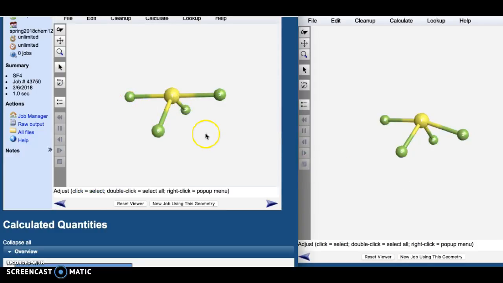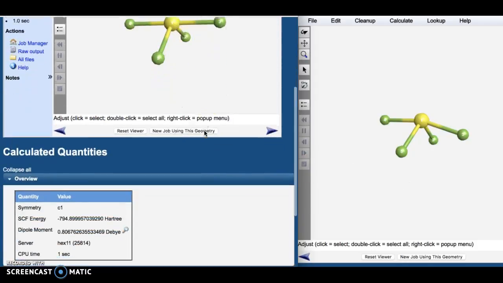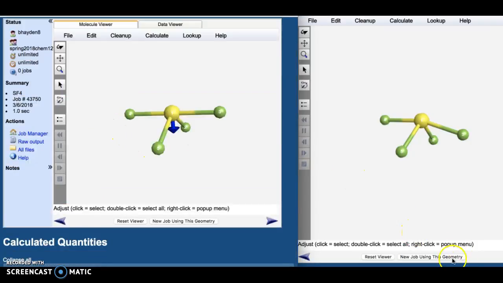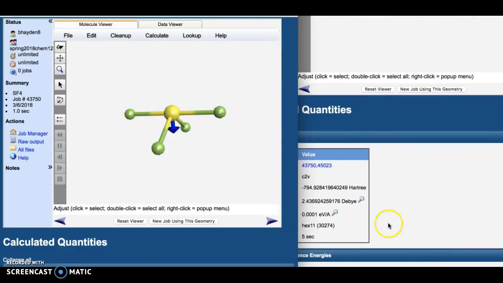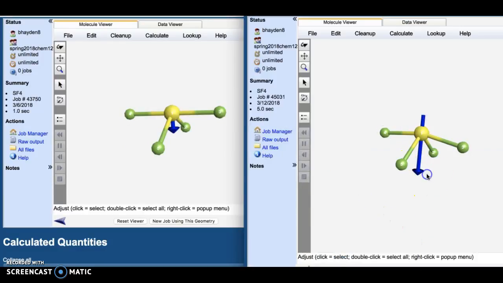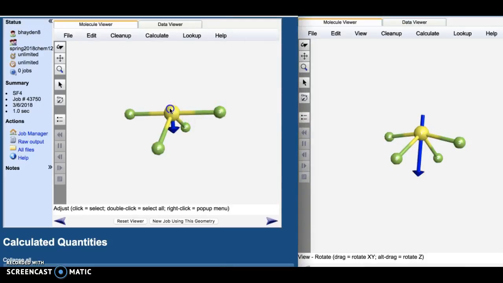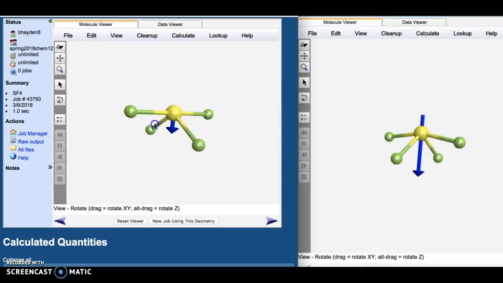And then if we go to the dipole moments of this structure, you can see that the dipole moments point in the same direction. However, the enhanced, optimized version has a greater dipole moment than the VSEPR idealized. And like I said, that is because of those